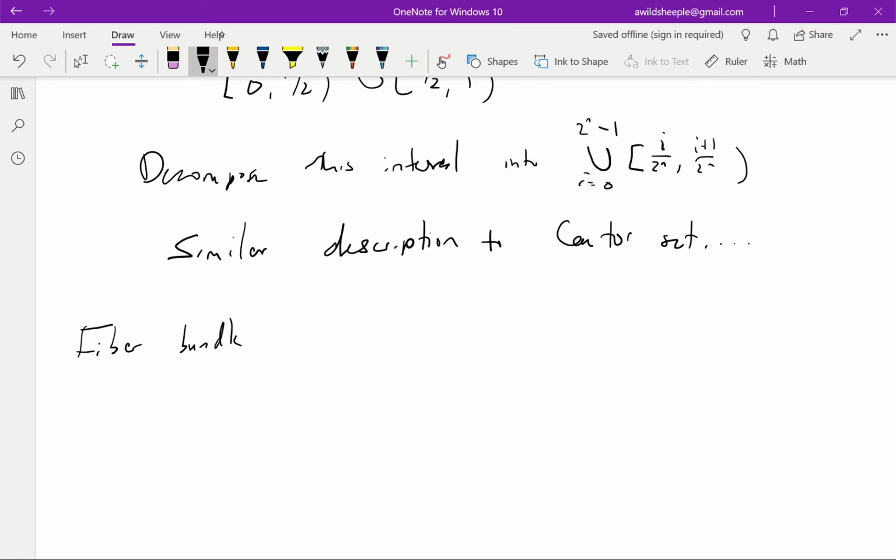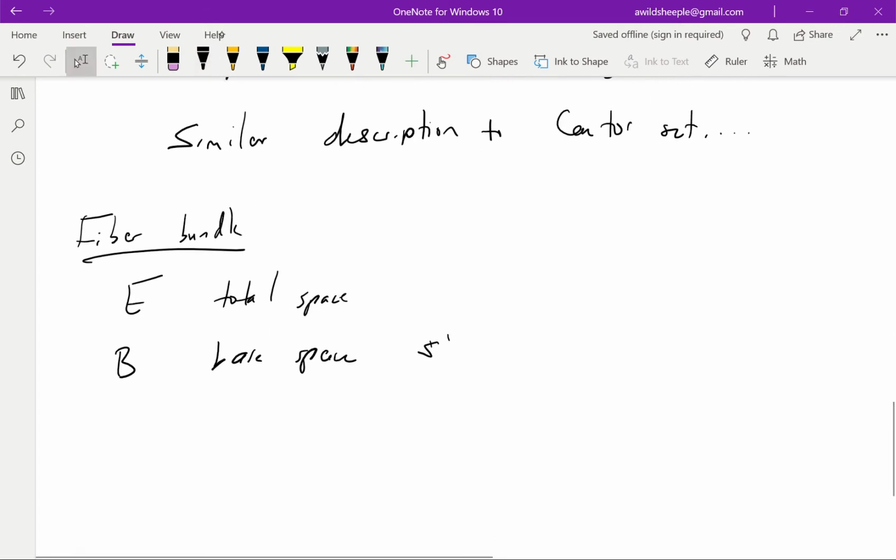So a fiber bundle is defined by the following collection of data. It's defined by a total space, which is usually called E, a base space, which is sort of what the space is over. For us, this is our circle. The total space will be our solenoid. Then there's a projection map from E to B, which is a map which just maps down onto the solenoid, and it has to have the property that every point,